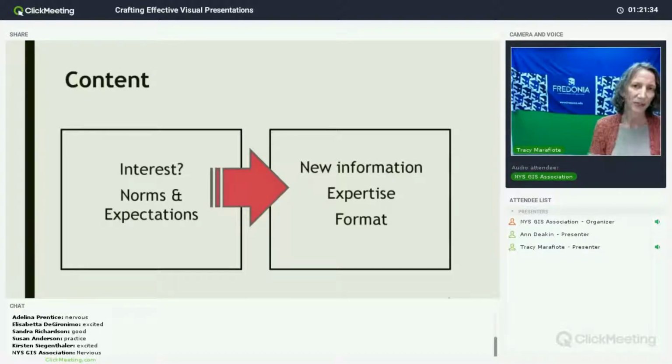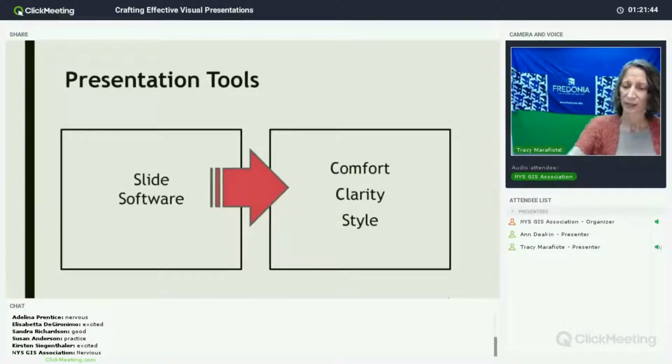So now the question is, how do we best share those? This question is the reason for this presentation. Obviously, we're going to look at quite a few factors. But first, let's think for just one minute about the tools that you are using. Choosing your presentation tools or slide software can be really difficult because there are so many options. So consider again your goals for the presentation, and from there determine what slide software is going to make most sense to use.